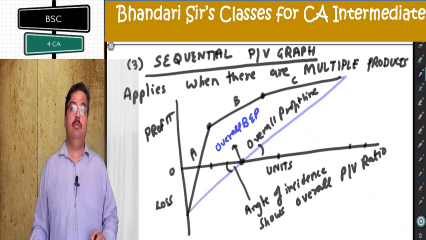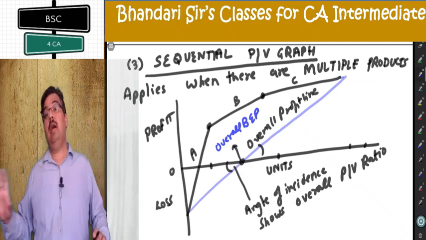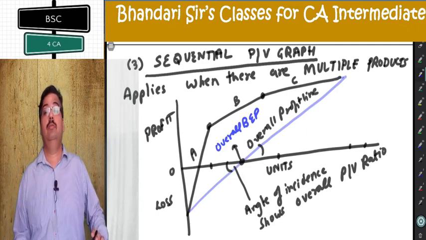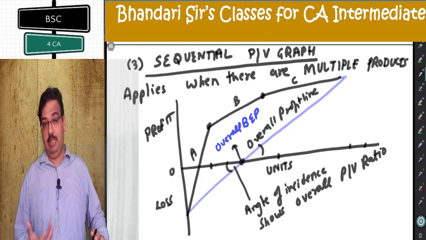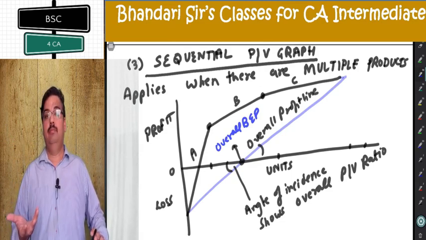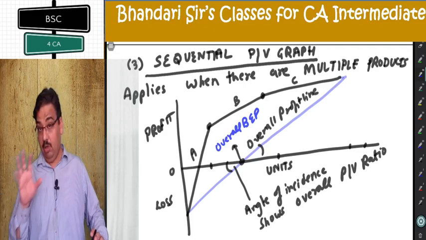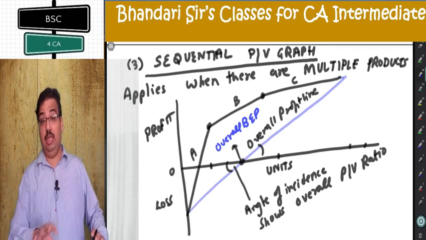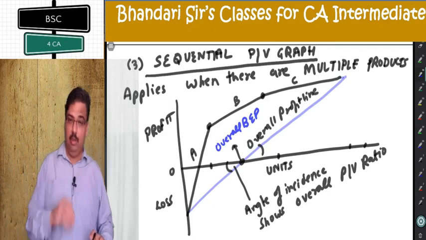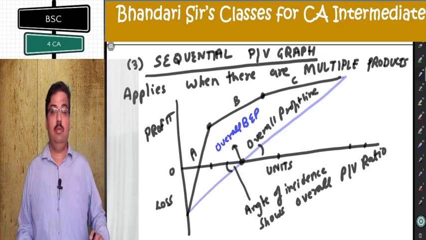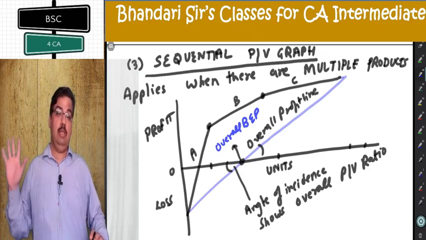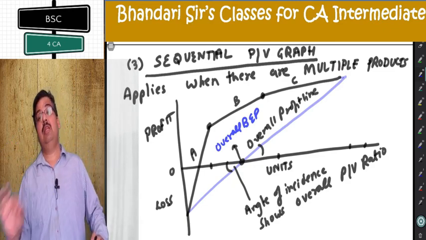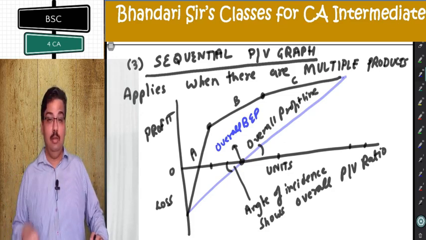This is the third graph. The graphs have never been asked in the exam till date. In the last 30 years they were never asked. But you should know their basics and how to read them if something is given in front of you. It is part of your knowledge, may not be part of the exam. In the last 30 years, never. In the last 60 exams, never asked. But you should know them because they are part and parcel of your syllabus. This is complete miscellaneous. Still, in the E category, you will get lots of small concepts in the miscellaneous question category, which we will be doing in the next classes to come.